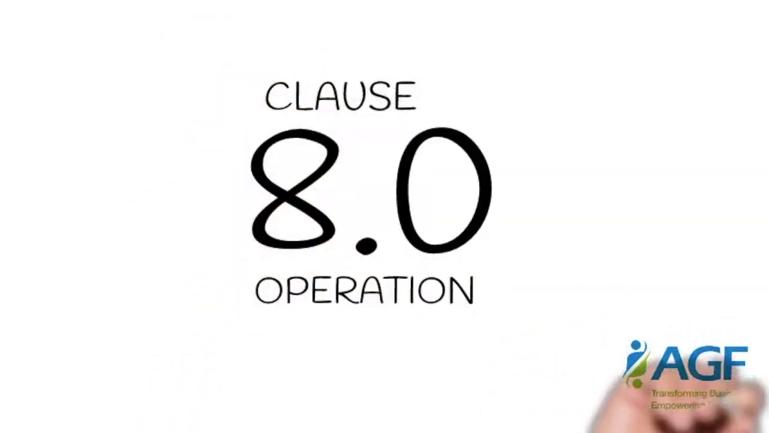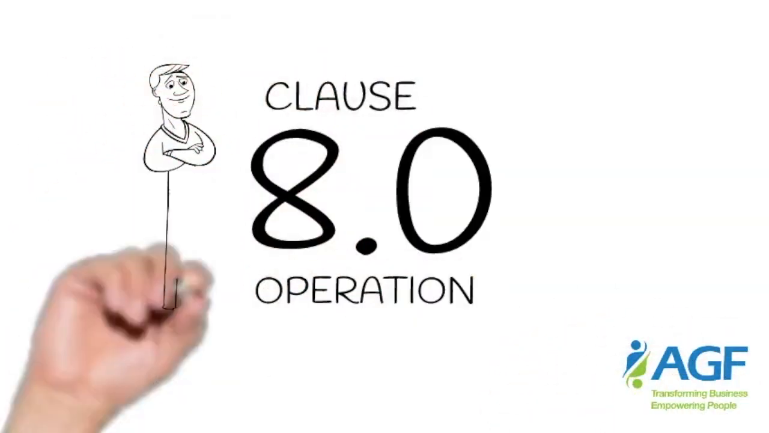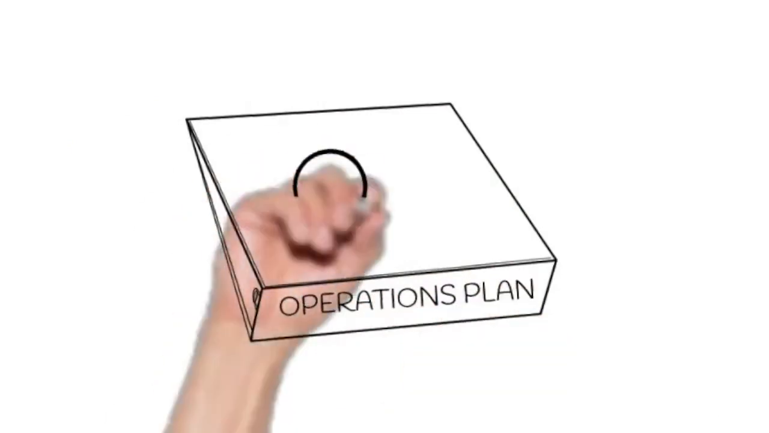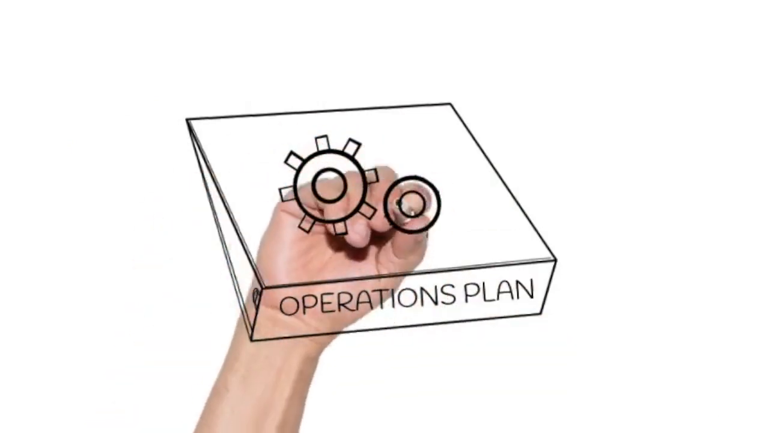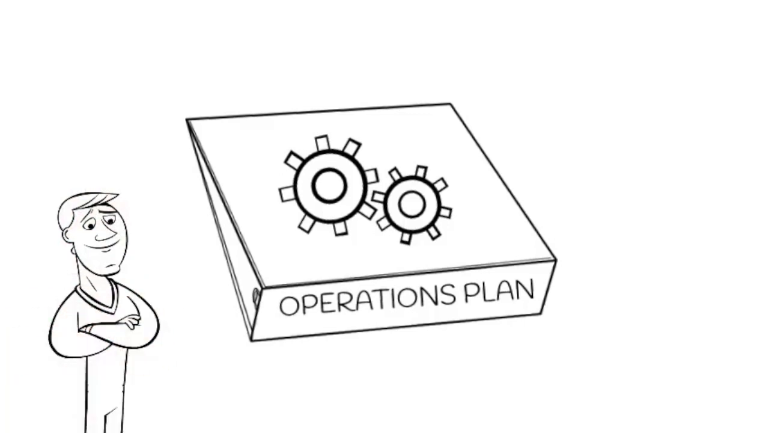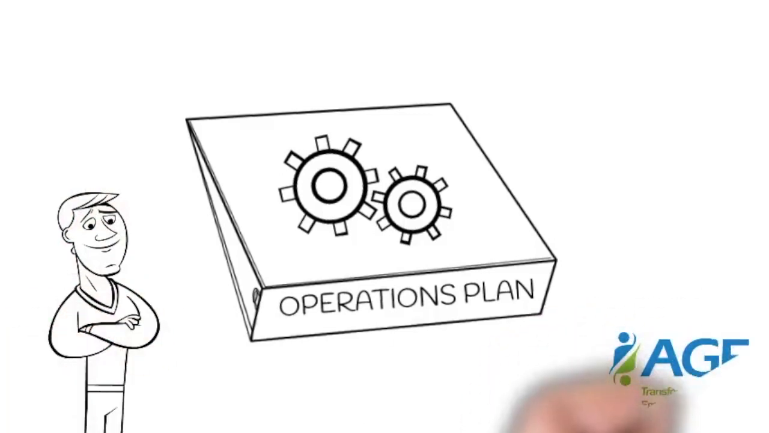In today's micro-learning video, let's talk about Clause 8, Operation. Every organization needs an operating plan in order to function. ISO 9001:2015 makes it easier for you by giving out a guide where you can lay down your existing standard